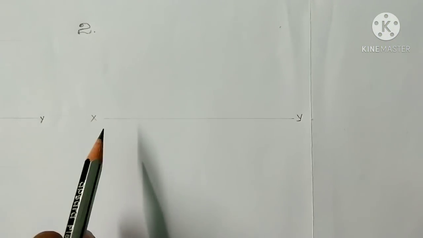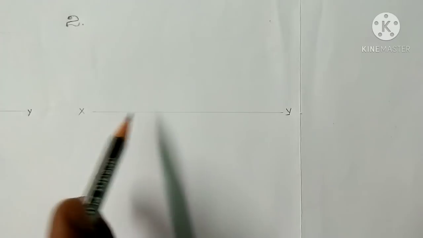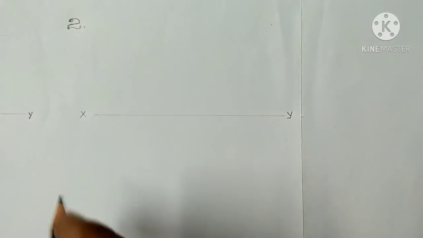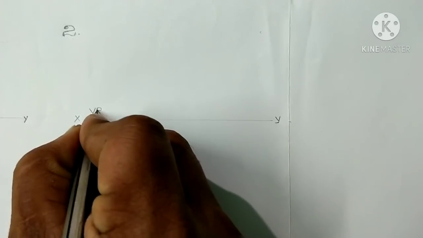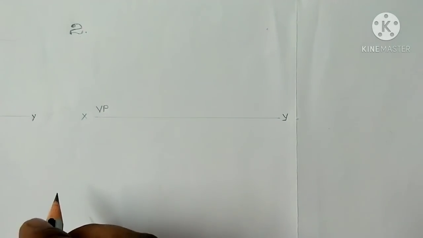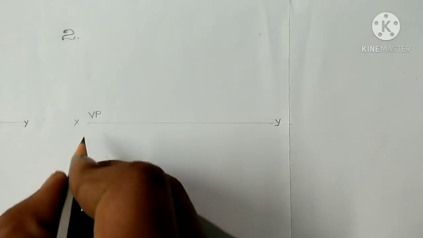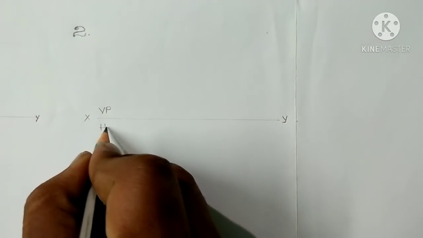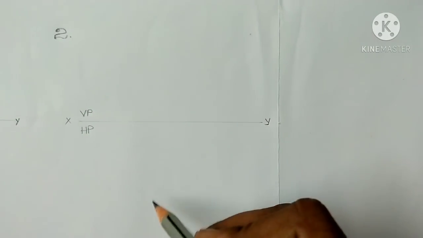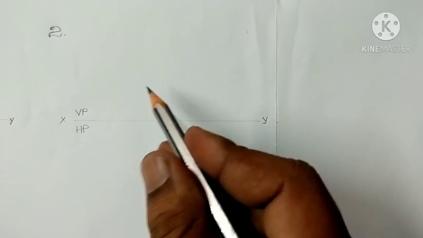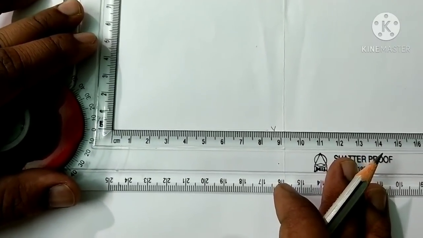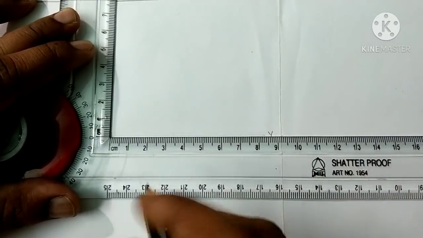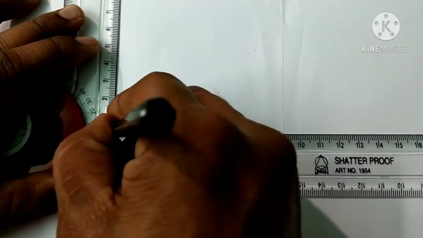With the help of an HB pencil, we can construct this line, and this is the XY. Above the reference line we will have the vertical plane, and after rotation of the horizontal plane in clockwise direction has been completed, we will be getting the horizontal plane below the reference line. So below the reference line is the portion of the horizontal plane, above the reference line is the portion of the vertical plane. According to the second problem condition, as I explained, here we will be getting the front view exactly on the reference line, that is the 50 mm line.